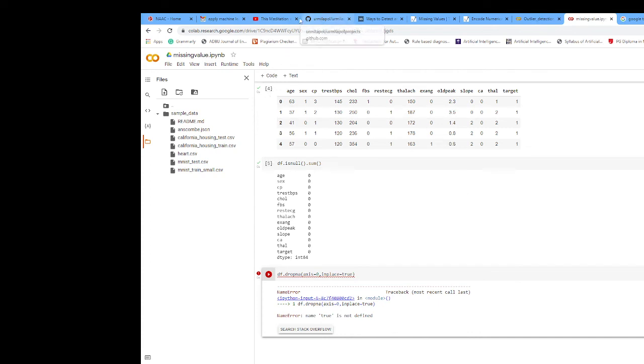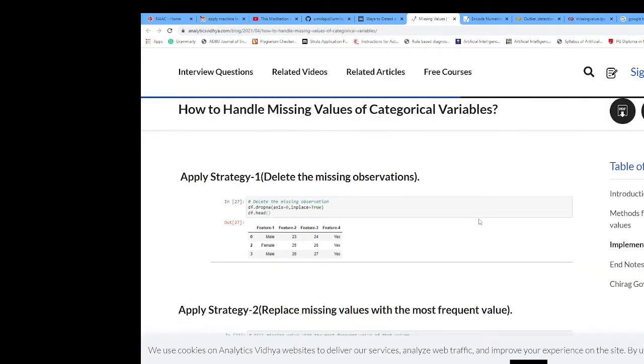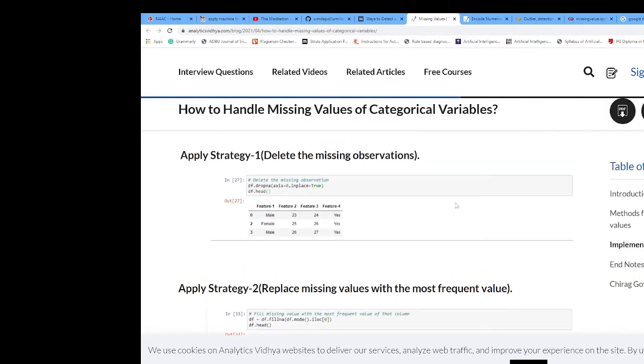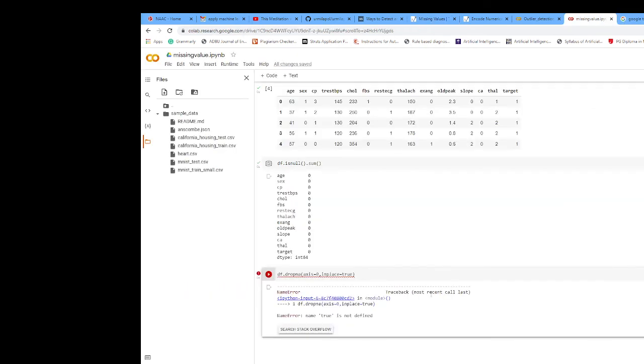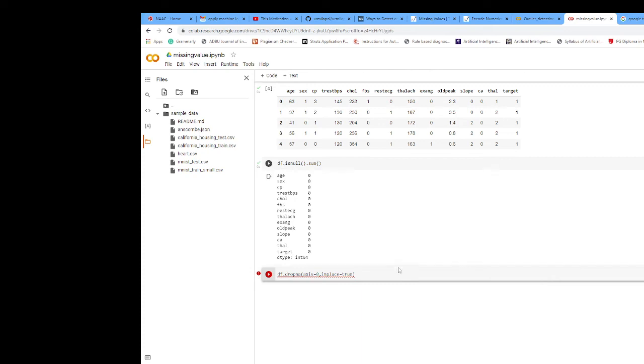If it gives an error, it is because missing values are not available here.